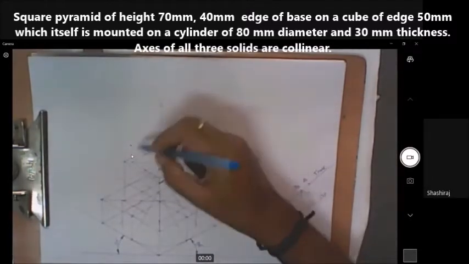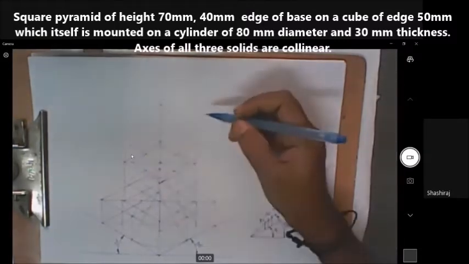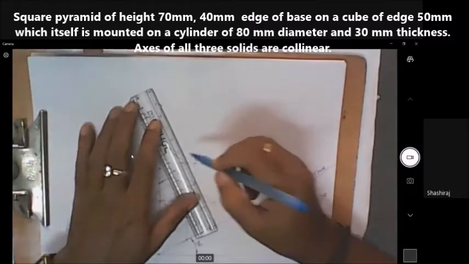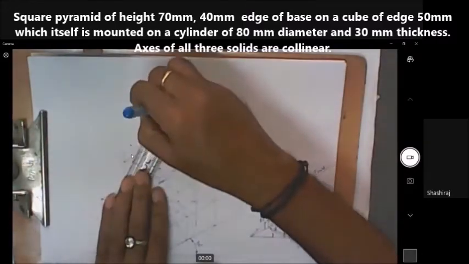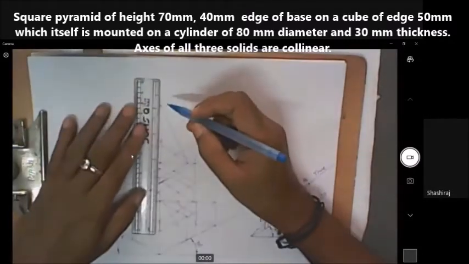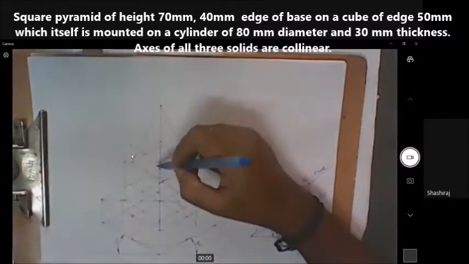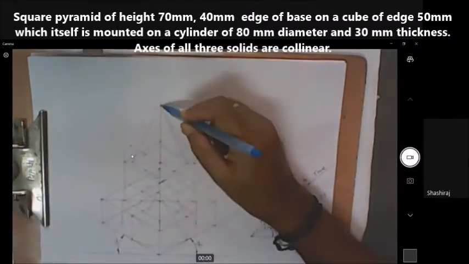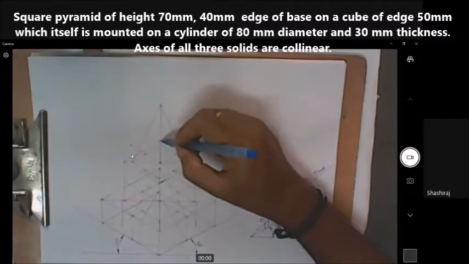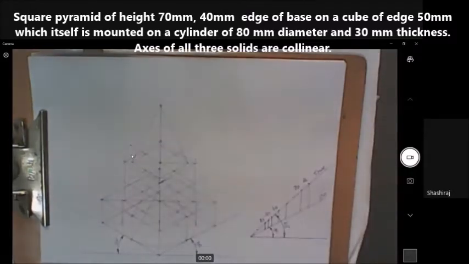But how to complete the solid? I have to join this apex to the bottom face corners. Then only I get the complete solid. Like this. And an edge from this point to this point, the apex, is also an edge. From this corner to this. And there is one more edge from here, which is overlapped by the other line, so I am not drawing that. So I have completed drawing the isometric view of the square pyramid.